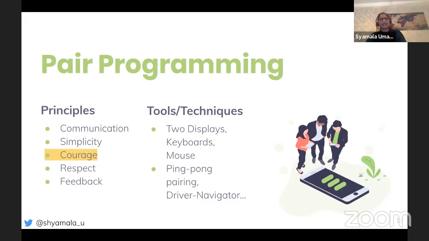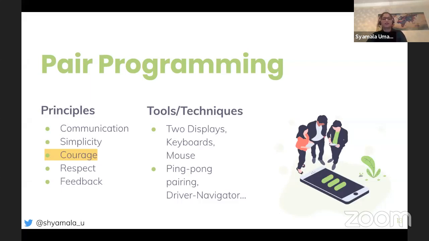But nevertheless, like I said, not every practice works for everybody. Pair programming is something you can follow when you have somebody new to the team who you want to onboard, or if you have some technology where you are not very confident, and you want to try out new things with somebody who already knows the technology.